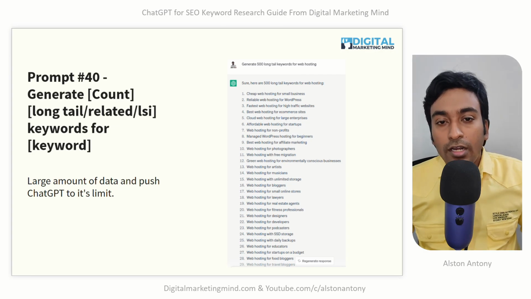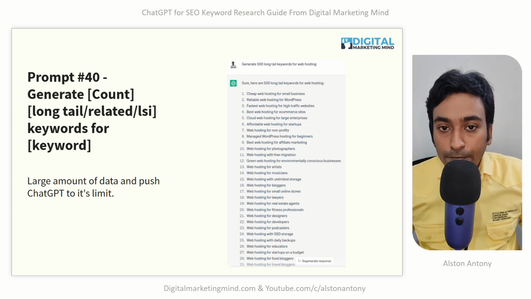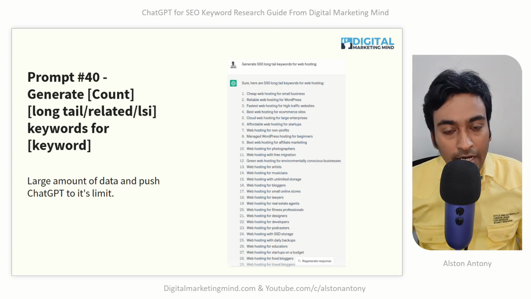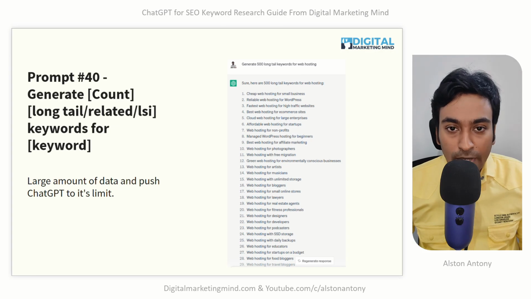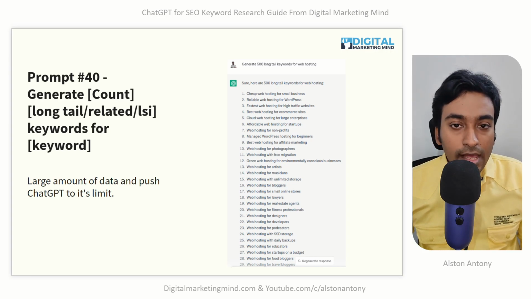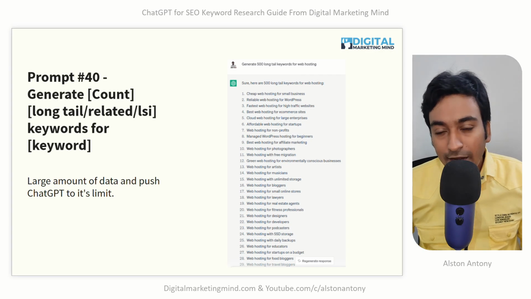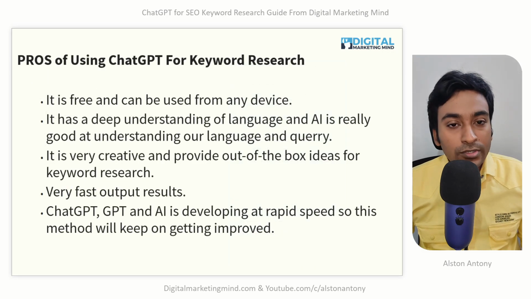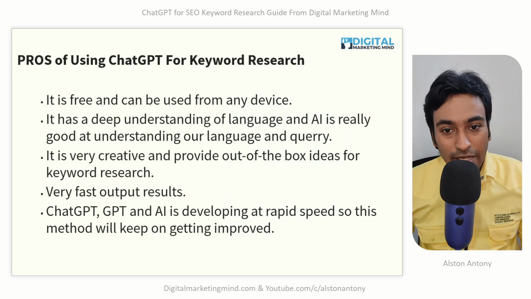So it might try to come up with various other option information or even newer keywords for you. Sometimes it might also be repeating, sometimes it might contain duplicates. So try to fine tune your prompt as much as possible and try to come up with relevant different input queries as well. Those are the main prompts which I want to show you for keyword research.